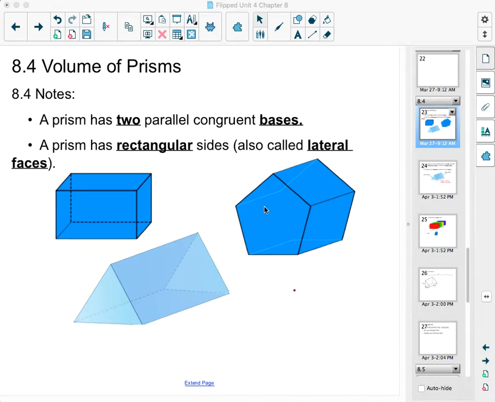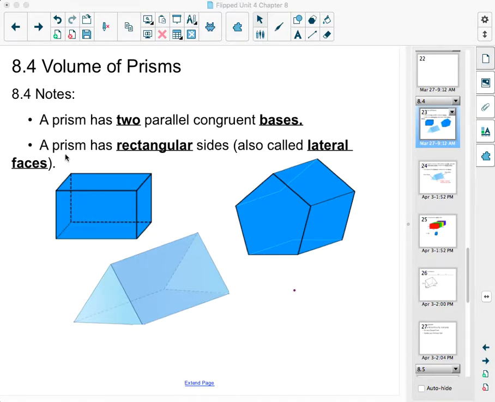This is our video for Chapter 8, Lesson 4. This video is all about the volume of prisms. So remember, the volume is the amount of space that fits inside a 3D figure. So now we're talking about looking at the inside of a prism, and next lesson will be the inside of